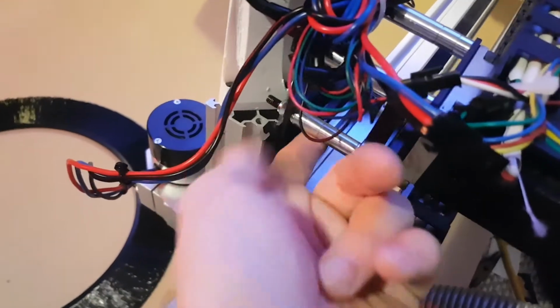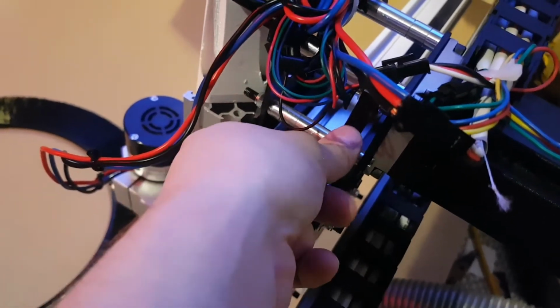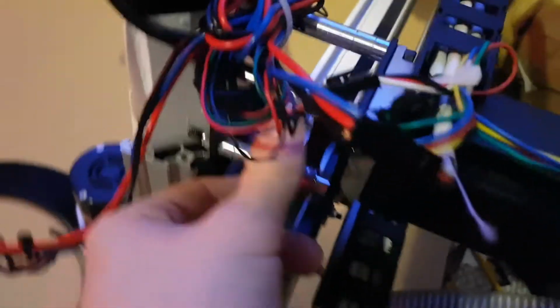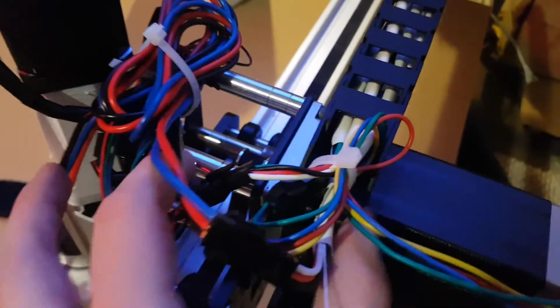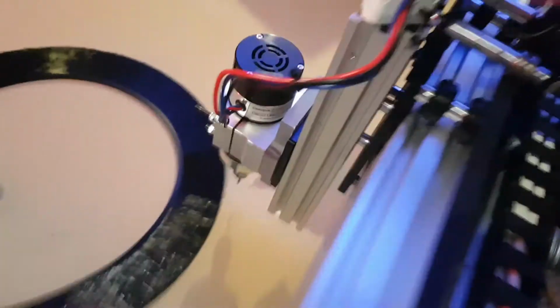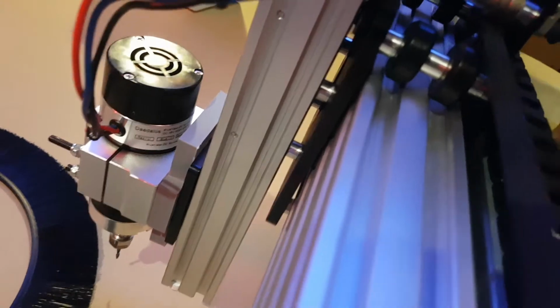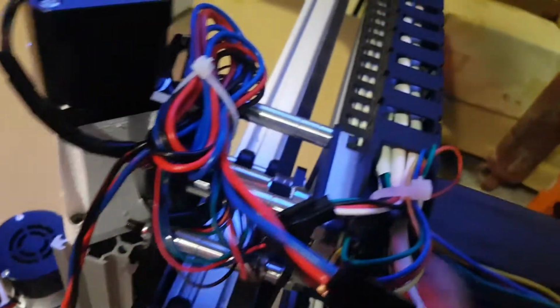And then everything else is basically the same as the old gantry, except it's replaced with metal parts instead of plastic. So I used their aluminum spacers instead of the plastic spacers, and I used the same bearings here as the plastic monstrosity, and I used aluminum spacers for the top as well, just to fill in the gap. And then for this side, I used some spacers to just push it away from the aluminum plate